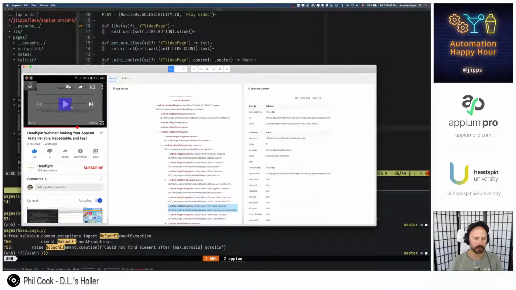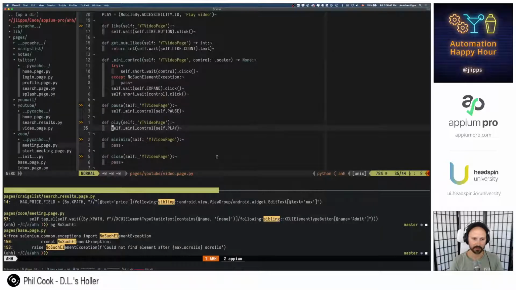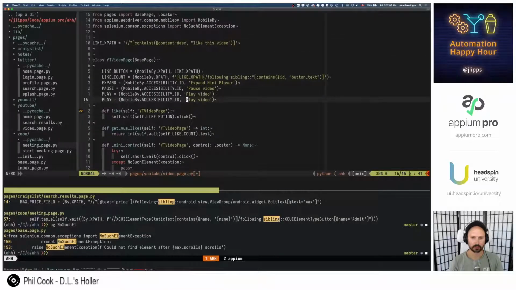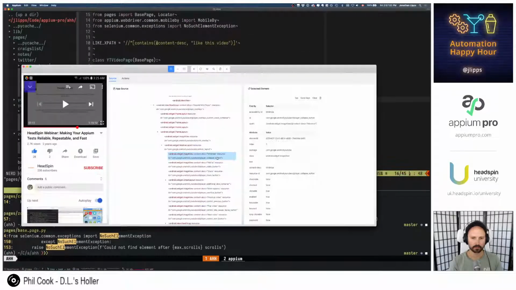And then if we want to minimize, it's actually just called minimize. I picked the right word. Menu controls self dot minimize. Oops, doesn't actually exist yet. So let's tap minimize.